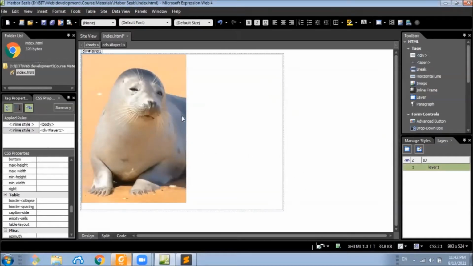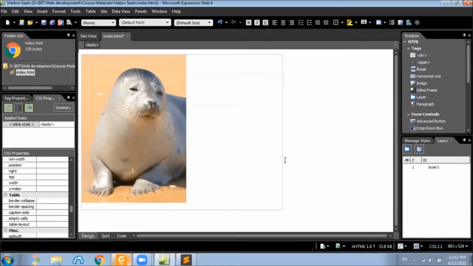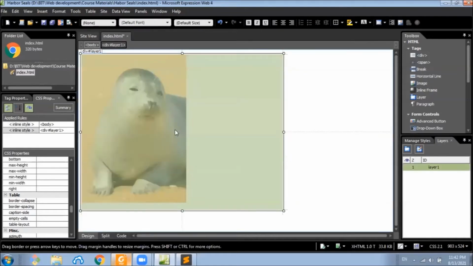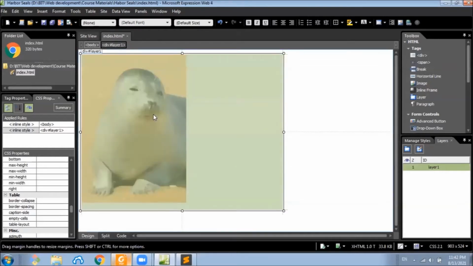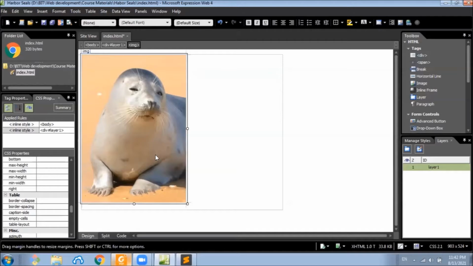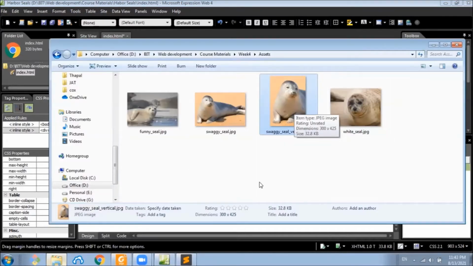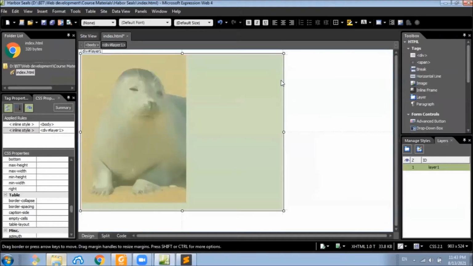Right. Now we have created the seal picture. Now you see the layer is a little bit bigger than the picture. So what we can do is set the layer width and height to match the image. This image is 300 by 425. Okay, now we click this layer, and we go to these CSS properties.